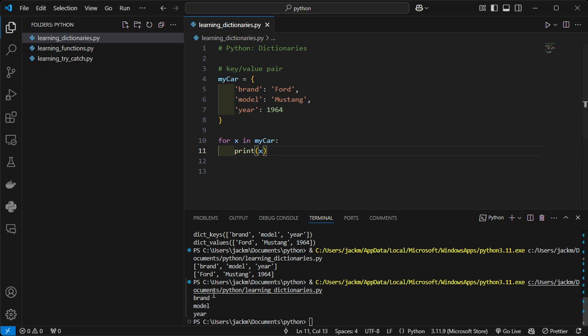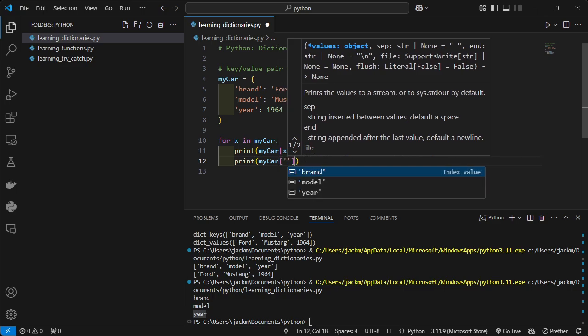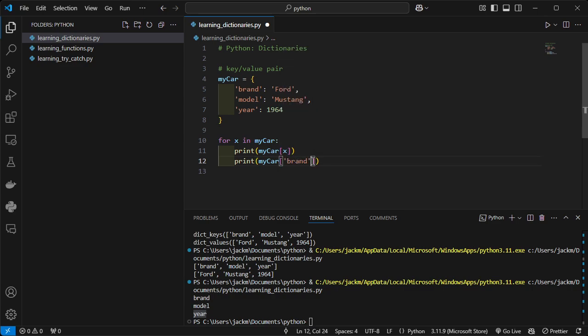If I wanted to then, on each iteration of the loop, get the value instead, it's as simple as using the name of the dictionary and passing the key to it like that. So mycar, square brackets, and then x, because bear in mind x here, which I'm printing, in each iteration is brand, then model, then year. That's the equivalent of doing print mycar brand, model, and then year,